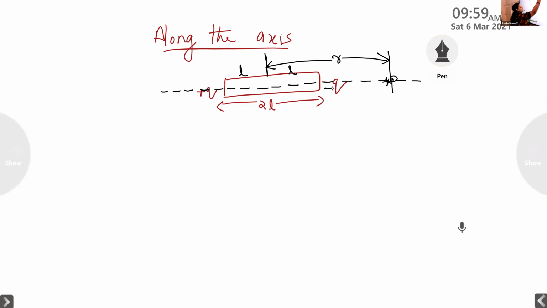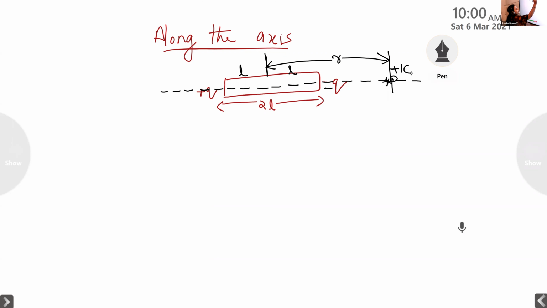So here I am going to place a unit positive charge, plus 1 coulomb. So this step we use again and again. We are repeating the same step. In order to find out the electric field intensity at a particular point, we place a unit positive test charge, that is, here it is plus 1 coulomb at the point P. Okay. Now, if I place a unit positive charge plus 1 coulomb at the point P, then what happens?